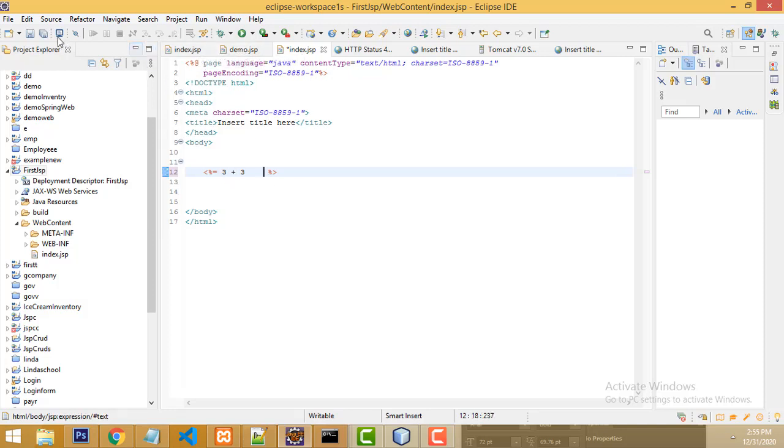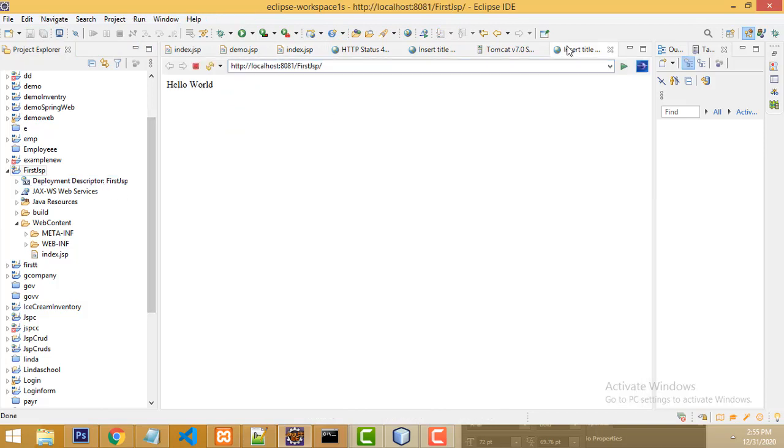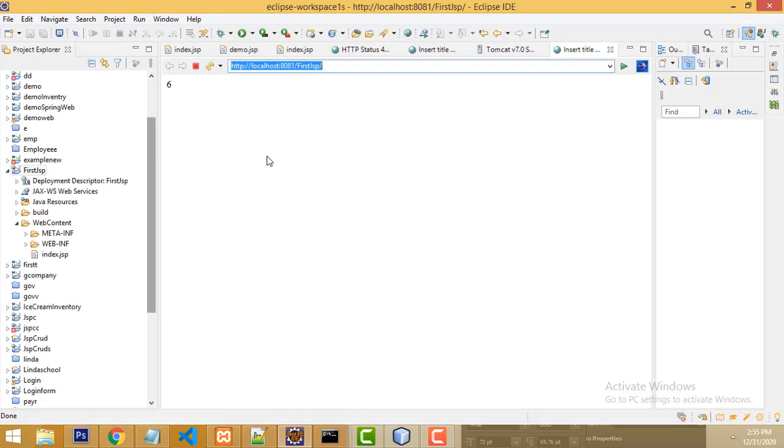Now once you save and run the program again, here we have to run the program. 6 will be the answer. Once you have run it, you don't need to run it again by right click and run. Once you run, it will be there. You just execute it, the URL will be changed, right? The same thing. If you want to see the output in the browser, it will be in the browser. The testing is there.